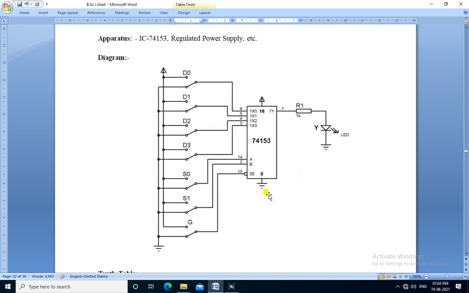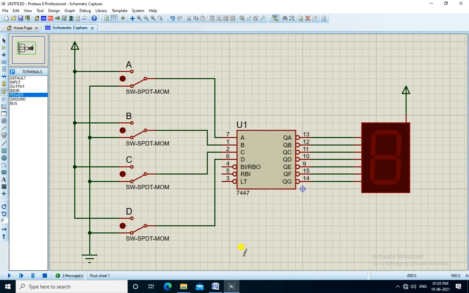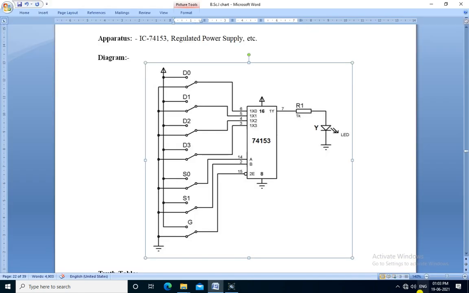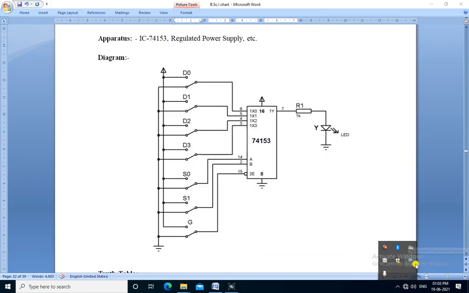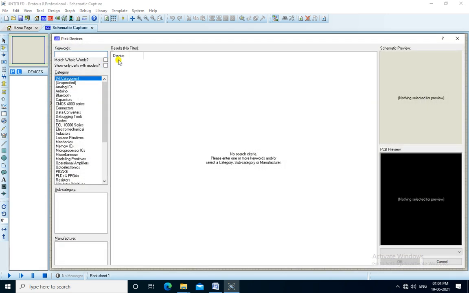To perform this, we build this circuit in the Proteus simulation software. We pick the devices from this P. We search through the keyword 74153.